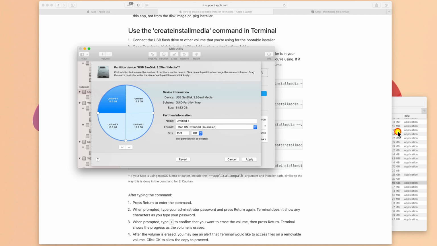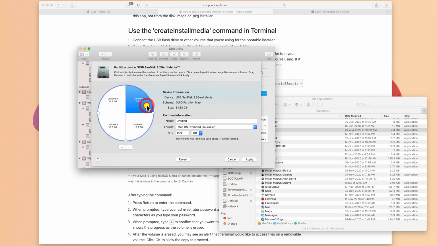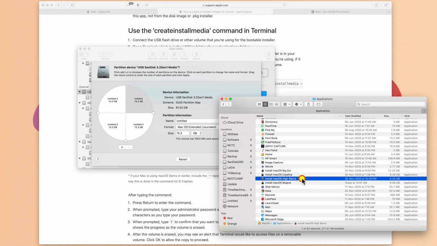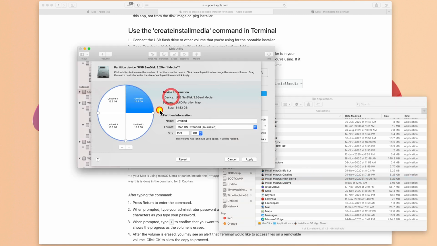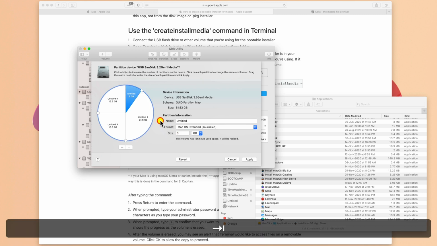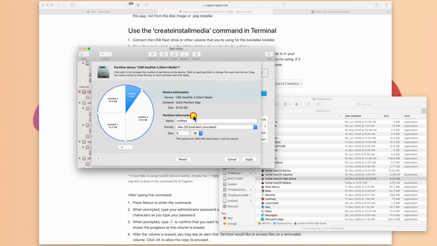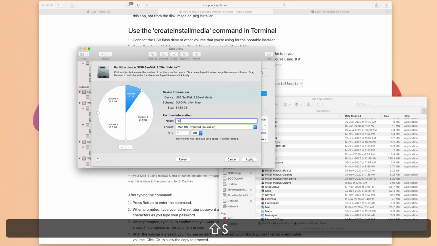Now, for the first one, I would want High Sierra. As a ballpark, add 1 gig to the size that you see here. So this is 5.23, and I'll make this, let's say 6. So this will become High Sierra.